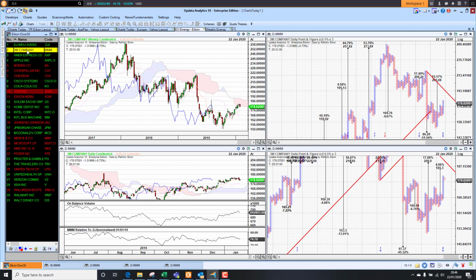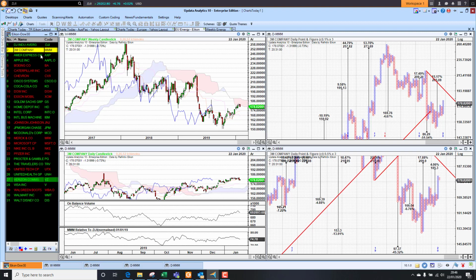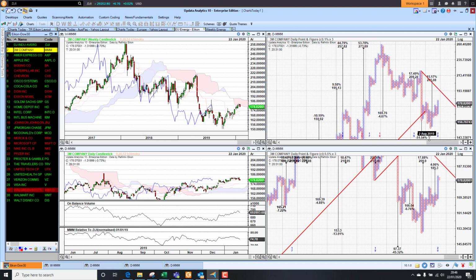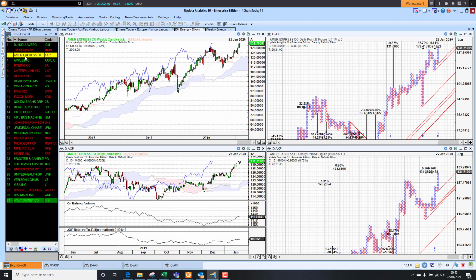So when I click on these charts, these are called tracker charts, and they all just change to the chart that I've clicked on. So here's 3M. This is in a long-term downtrend. We've got a downside target, so that's definitely not making, and a downside target here, definitely not making my top 10. Amex is the next one in the list, and here we see we are just breaking to new highs,